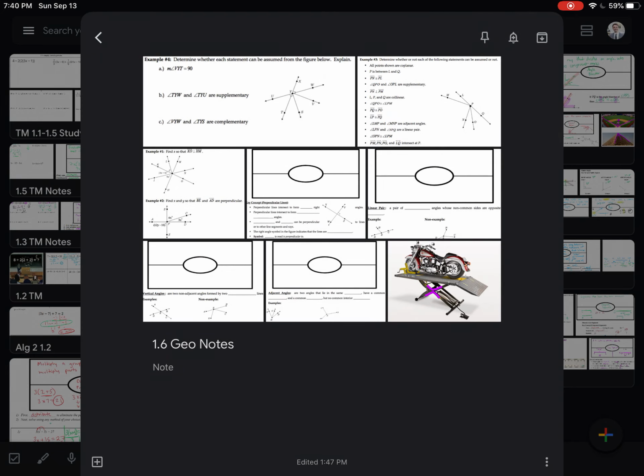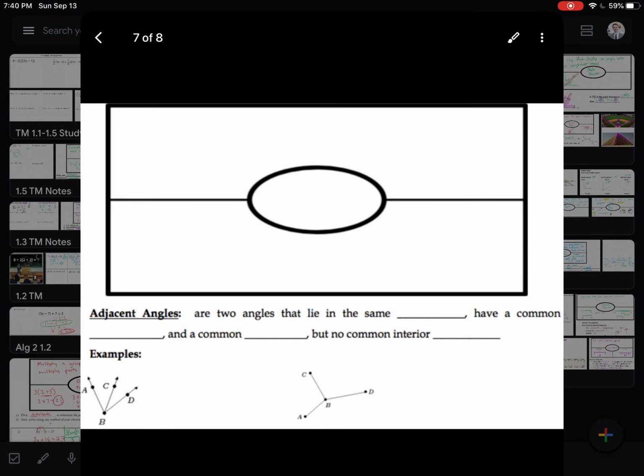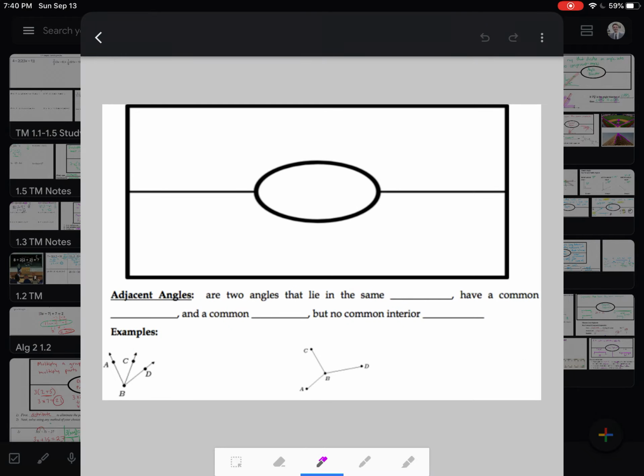To start off, we are going to go with adjacent angles as our first word. And again, there are quite a few terms, but if we keep these down and keep this in our study guide, we're going to be in good shape. So don't feel overwhelmed, just take it one step at a time. So adjacent angles